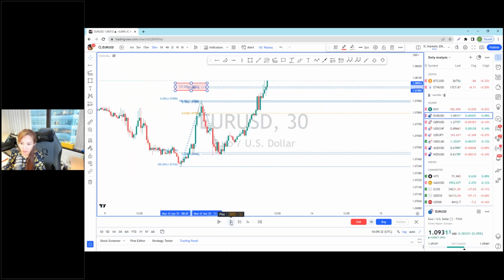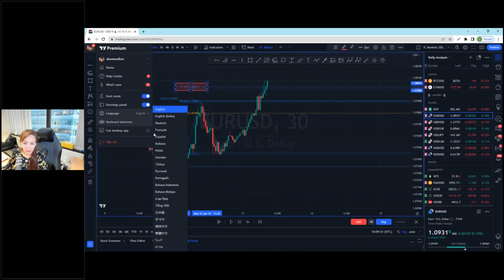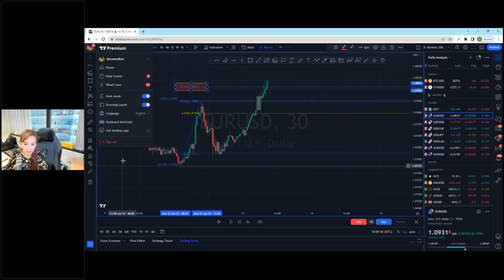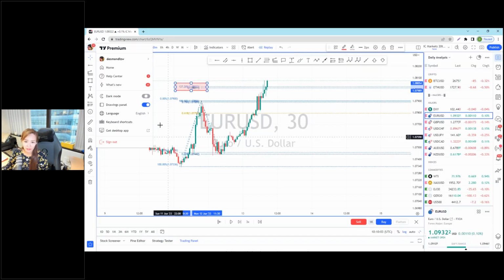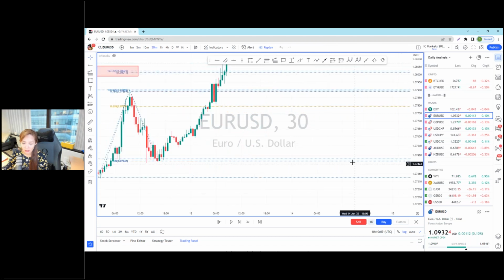Okay, and you can see that price has already hit your TP here. Try the break, this one, but the number is very hard to see as well. You want to change to dark? You see, you cannot see the numbers because it's with the candle. Yeah, I prefer white. Okay, again guys, it's not hard to see.